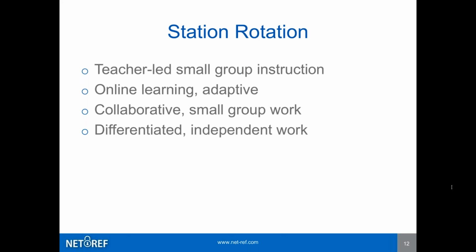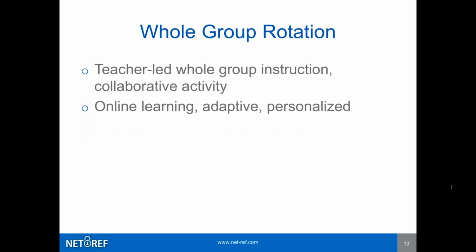So typically there are stations where the collaborative or small group work is taking place. So students have a task that they're working on in a small group with clear instructions laid out for them. And then there might also be a station where the work is very independent. Students have a teacher sitting across from them for support, but they are working on something independently, and it might be a differentiated or tiered task within station rotation as well.